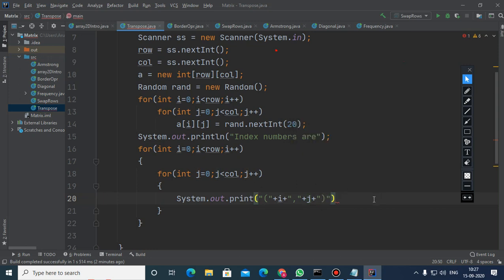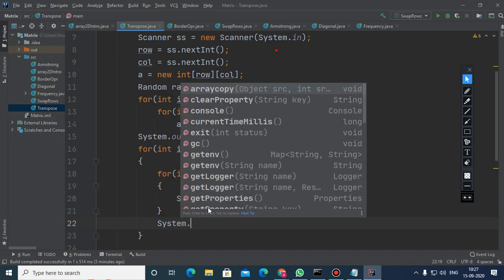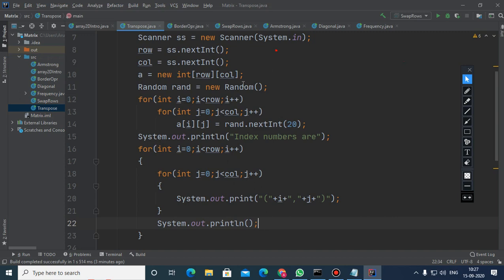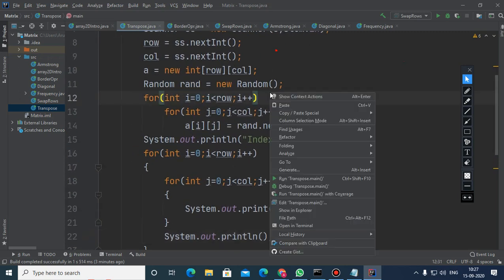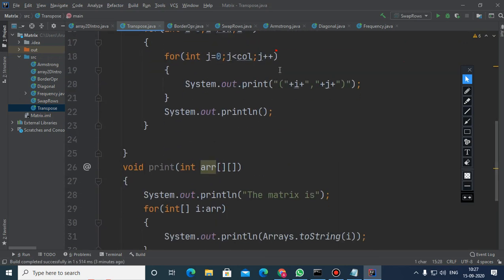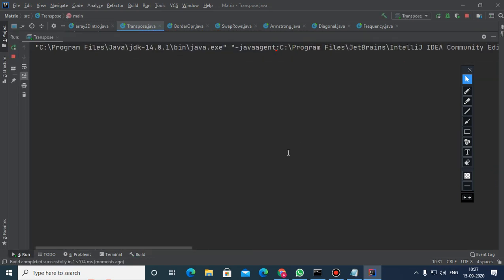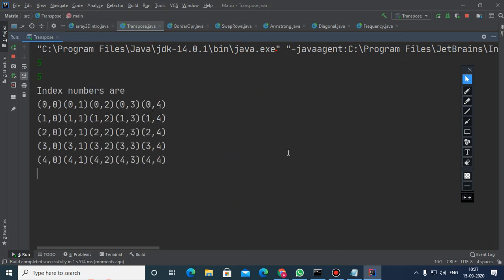This is what I want to do. Now see that the size is 5 by 5 and you can see the index numbers.